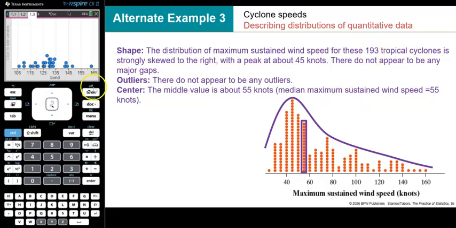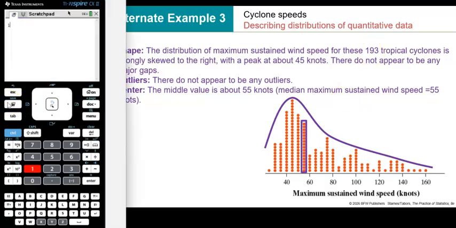So if there's 193 dots, I'm going to get my calculator out. So 193 divided by 2 is a decimal, 96.5. So the 97th term, if you think about it, there's 96 terms before the 97th term, there's 96 terms after the 97th term. So I'm looking for the 97th term. Now it's hard to count these, but if you actually counted 1 in that first column, then you count 1, 2, 3, 4, 5, 6, 7, 8, 9, 10 in that one, so that's 21. Keep counting until you get to the